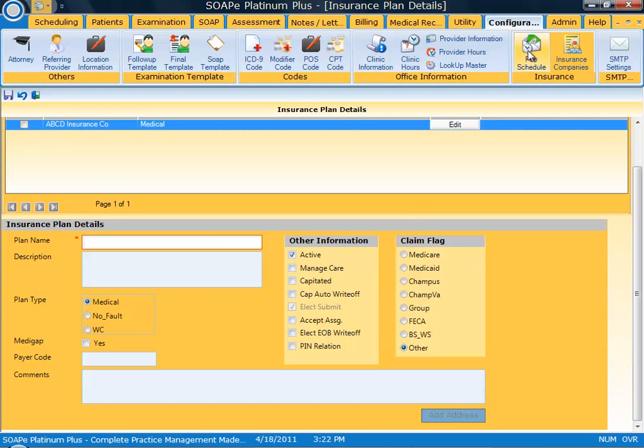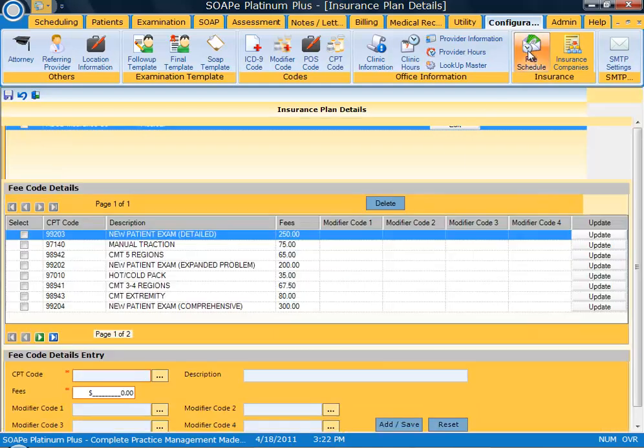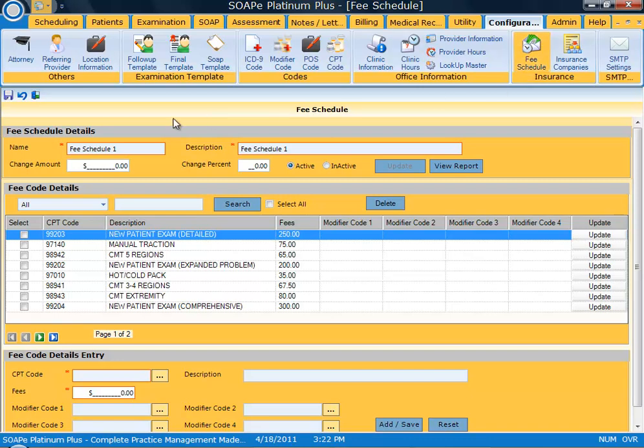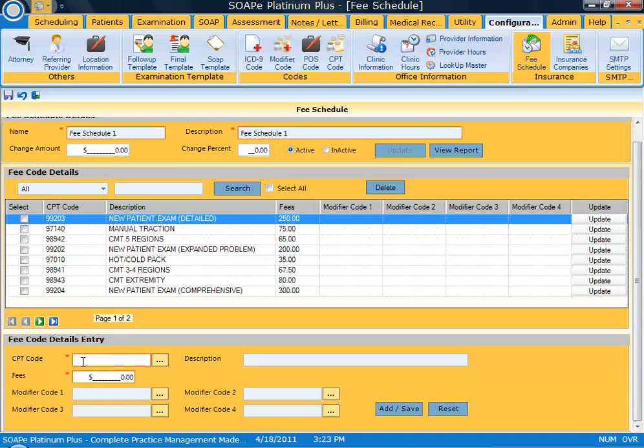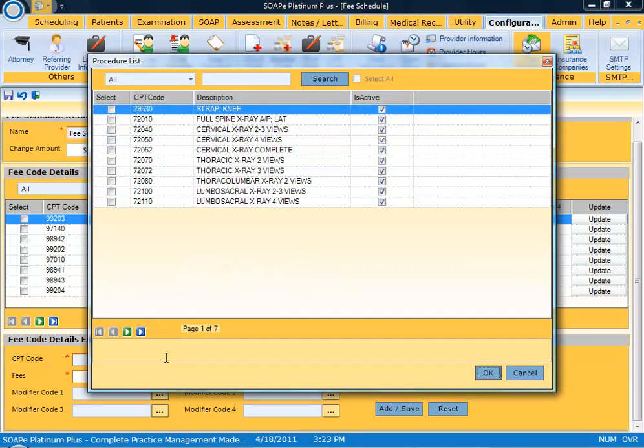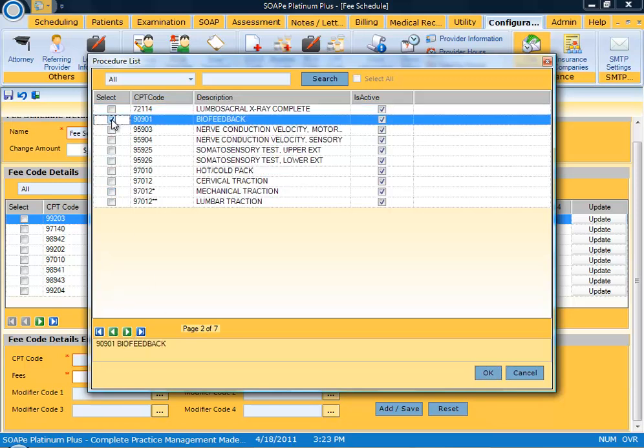Next thing we're going to want to do is edit our fee schedules. We're going to click on the fee schedule tab, and we have fee schedule 1. You can name this anything you want. And as you can see, we've got some sample fees for some common procedures already entered into the system. So if you wanted to enter new CPT codes, you would just enter them right in this box right here. And I believe we can just hit this and pick a service if you want. Like I said, we can scroll through, say biofeedback,